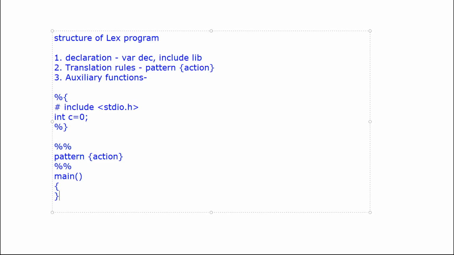So first of all, let's revise some symbols, right? What is the meaning of the pattern ABC? If somewhere you have written the pattern ABC, it means match the string ABC. Now suppose you have written a to z. What is the meaning of that? Match a small letter a to z, right? Now if you have written a to z and you have written star with it, it means match the string